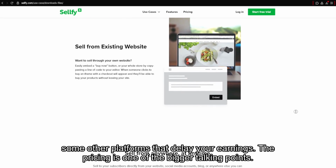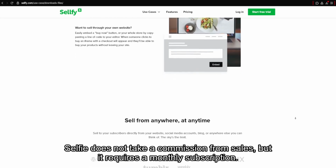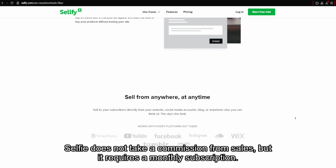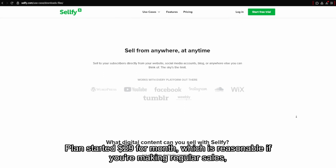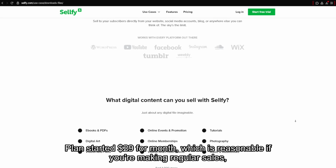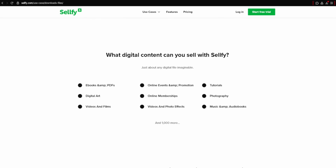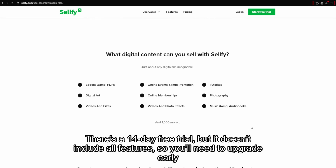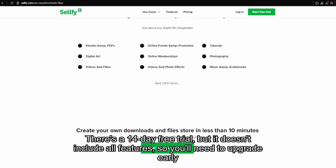The pricing is one of the bigger talking points. Sellfy does not take a commission from sales, but it requires a monthly subscription. Plans start at $29 per month, which is reasonable if you're making regular sales, but might feel steep if you're just getting started or testing the waters. There's a 14-day free trial, but it doesn't include all features, so you'll need to upgrade early to really test